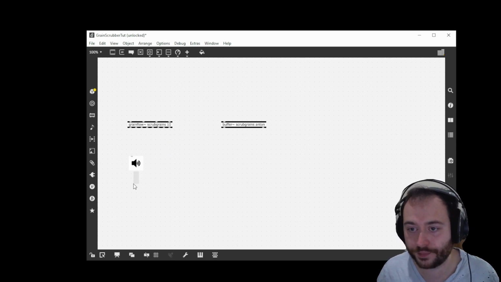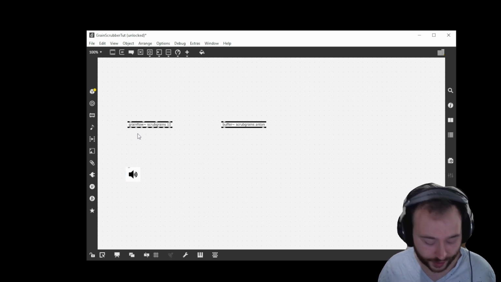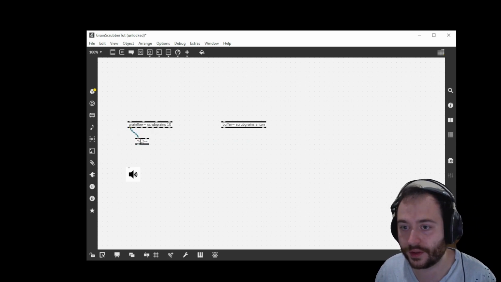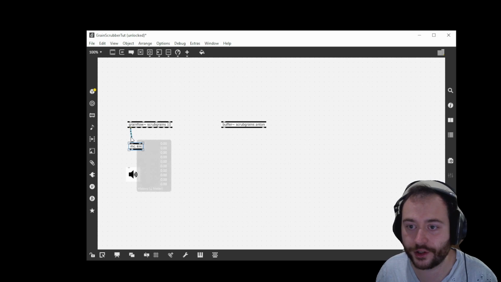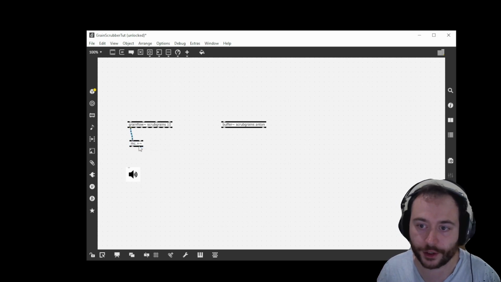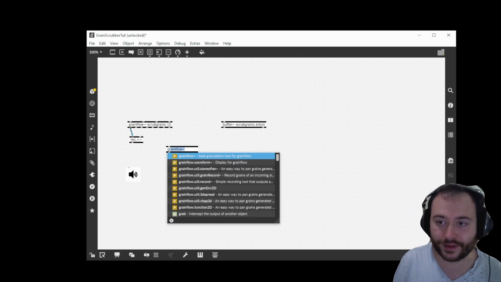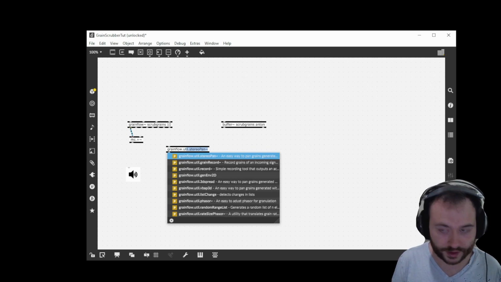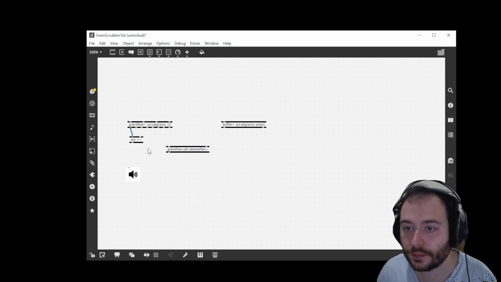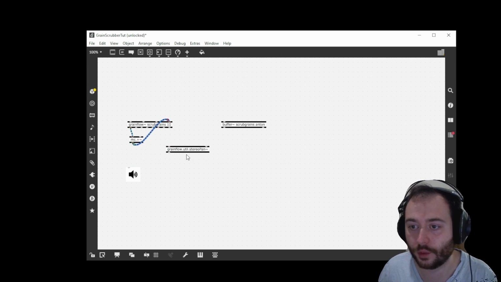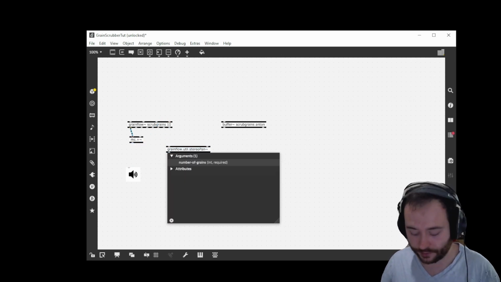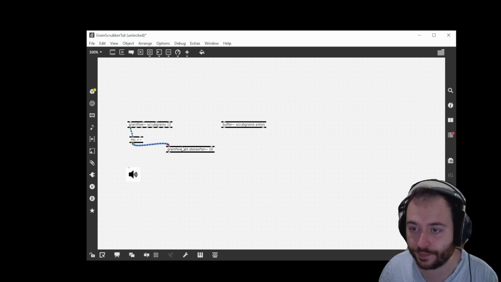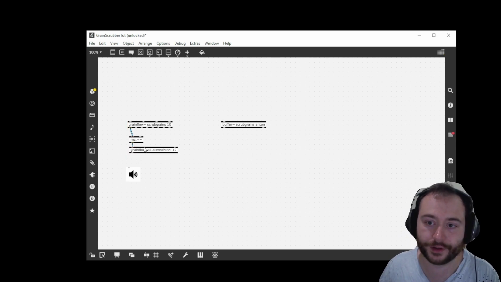So we have our output, and now we need a way of getting these 10 grains. So let's make a mc.plus~. You can see that we have 10 channels coming out here, and we want 2, so we have it in stereo. So Grainflow has a built-in thing for this, and it's grainflow.util.stereopan. So I'm going to, and it needs an argument of the number of grains, just 10. So I'm going to connect this here, and it's just going to automatically pan the grains in a stereo field,